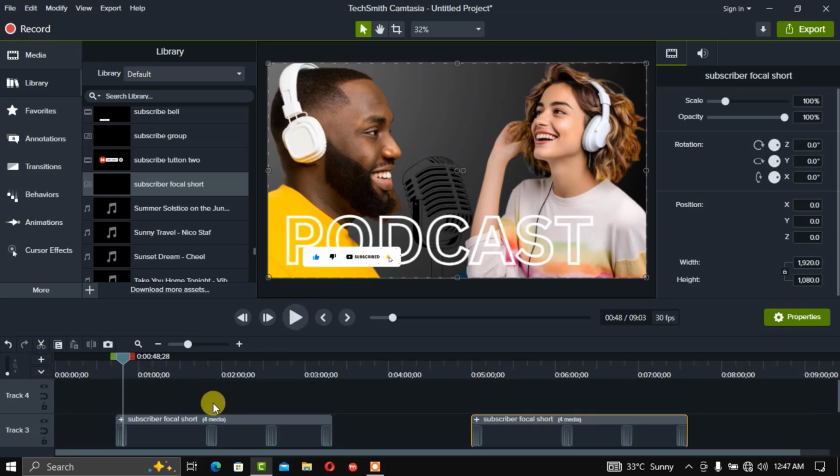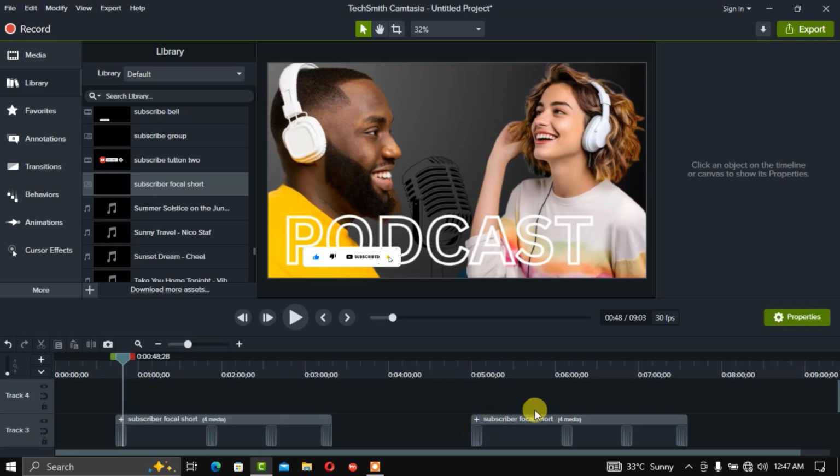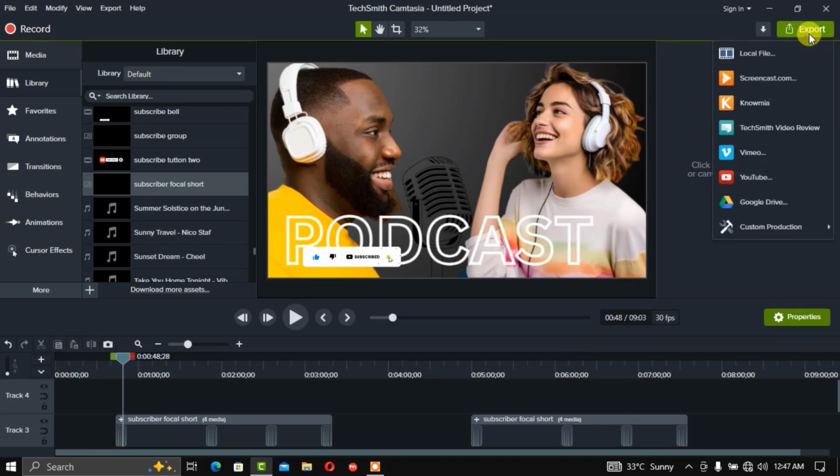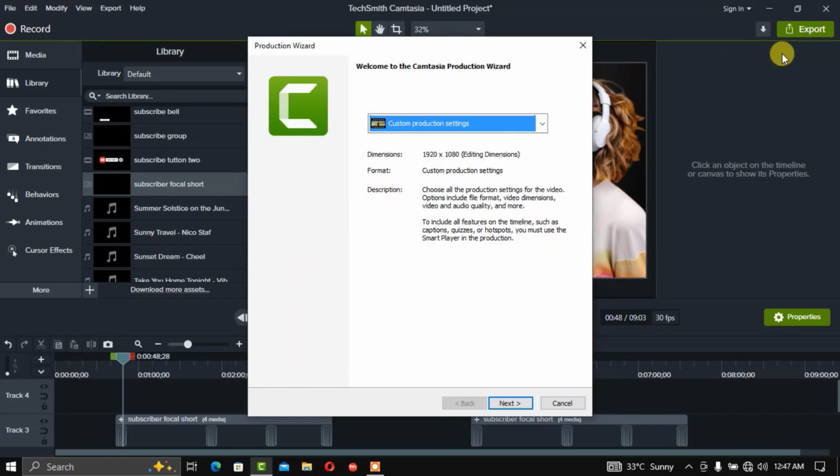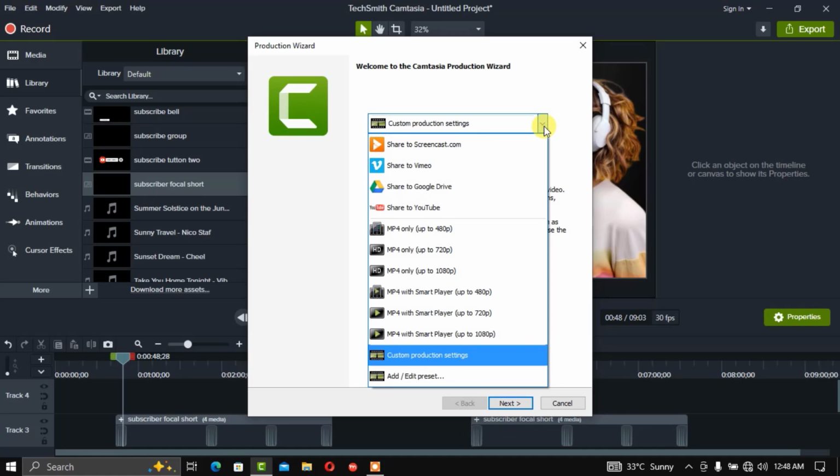So once you are through with all of that, the next thing you need to do, the video duration is 9 minutes 3 seconds. You proceed to this point, you click on export, you proceed to local file, and you click on this drop down. Then you click on MP4 only up to